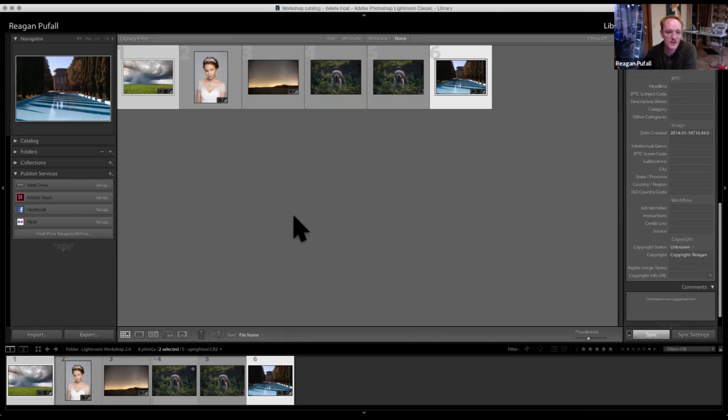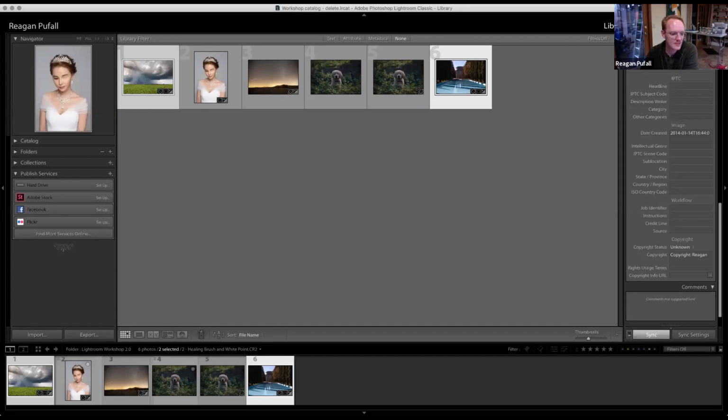You're welcome to play around with these files, by the way, after we're done here today. The only one that isn't mine is this bride picture, and this bride picture is a public domain one that I found. And that's just because